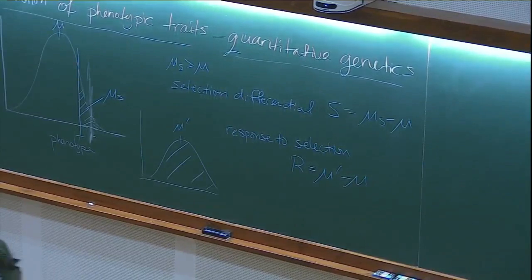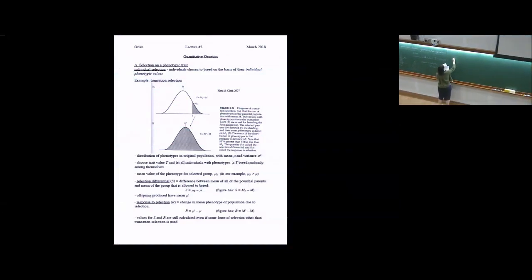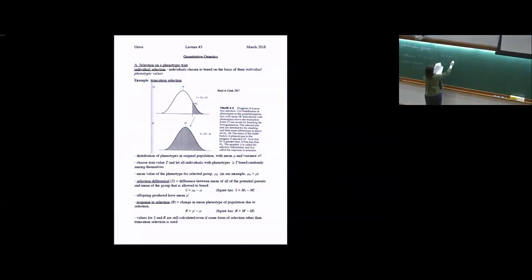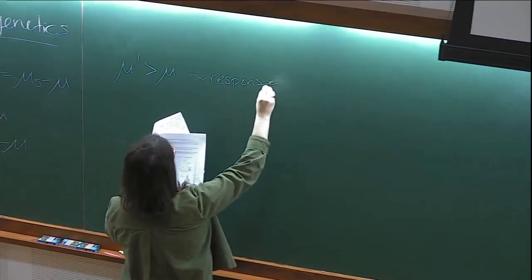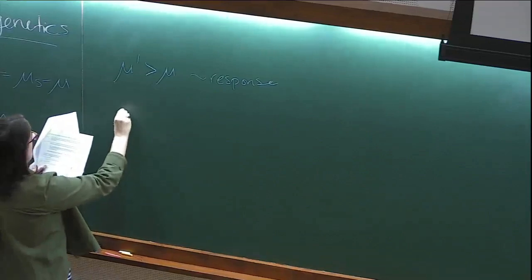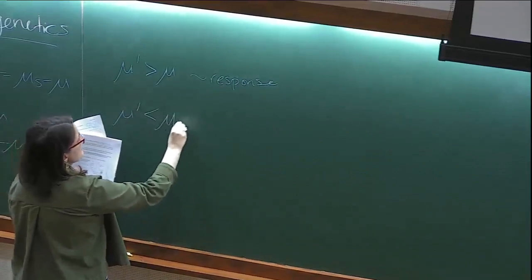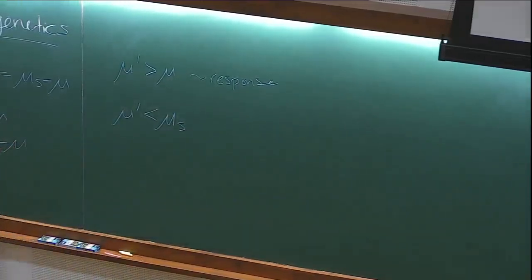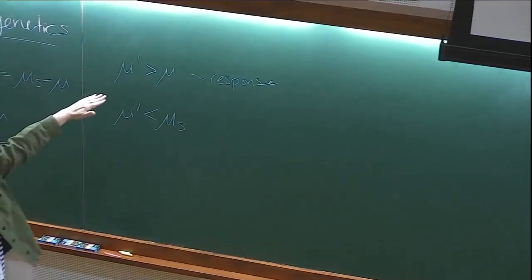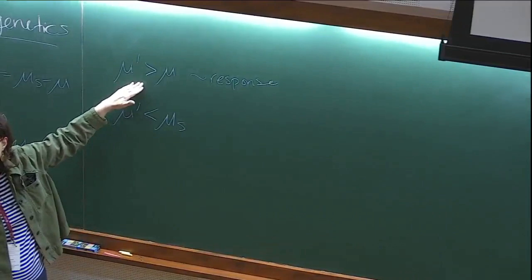And if you look at this figure up here, the way it's drawn, mu prime is greater than mu. So there is some response. But mu prime is less than mu sub s. It's not as great, the mean isn't as far to the right as the selected individuals. So if we think about why that's true, why the mean